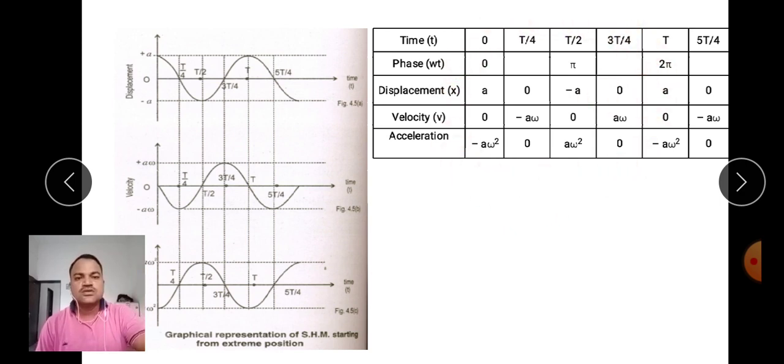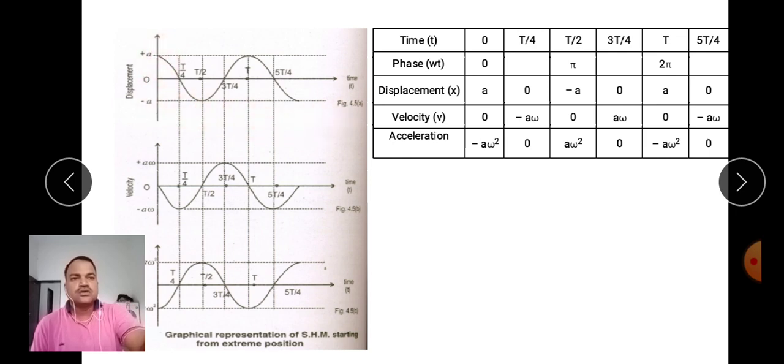First you draw the x-axis and y-axis, and these phase angle values or vertical lines you have to draw first in your notebook, and then draw the first graph, displacement versus time. Here, displacement versus time. First, this is the maximum amplitude. This is nothing but the linear path of SHM. 0 is the mean position, plus A is the extreme position, and minus A is the other extreme position. So this particle will perform vertically.